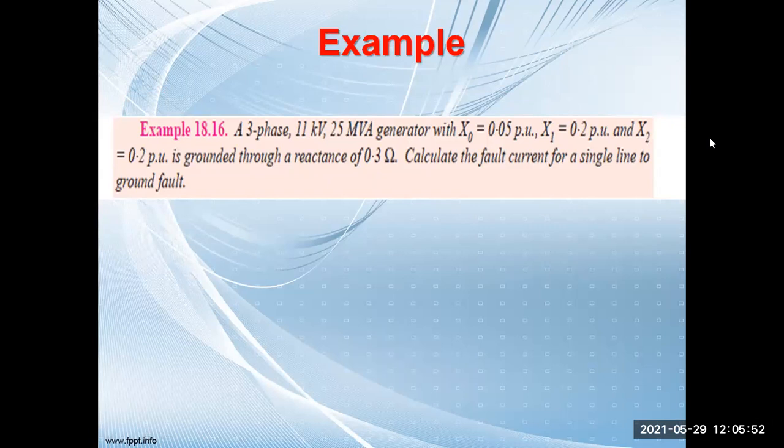Okay, so what has to be done in this case? We need to convert this particular ohm into per unit. So how can we do that? First we have to calculate the base impedance. Anyone can calculate the base impedance. I'll be happy. Let us say 11 kV is your base voltage and base MVA is 25. So you calculate the base impedance. Can you calculate this value?